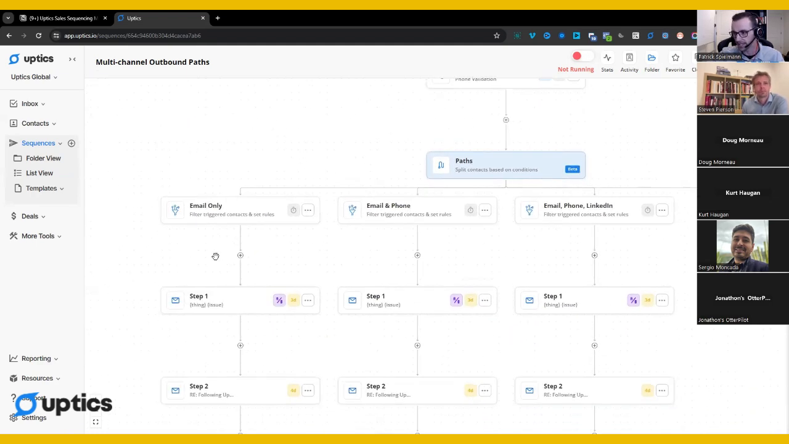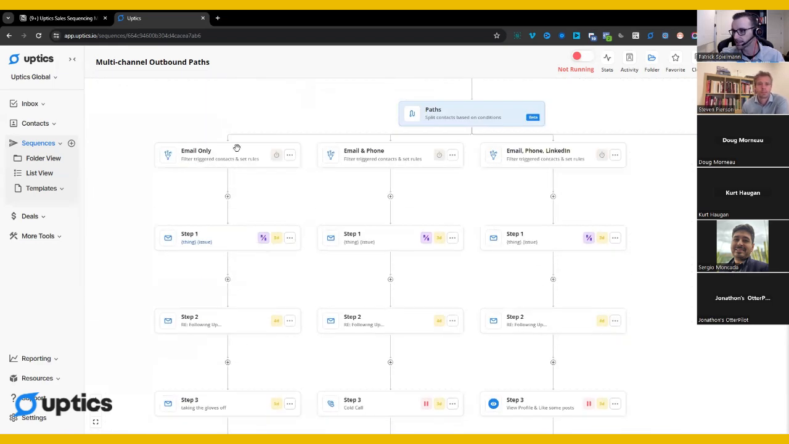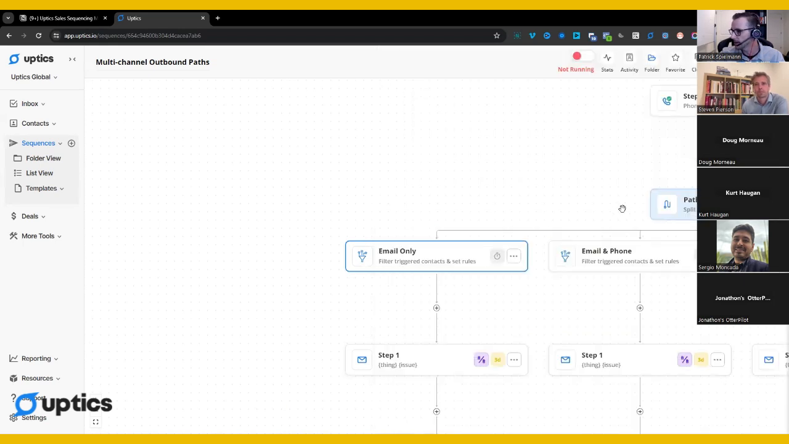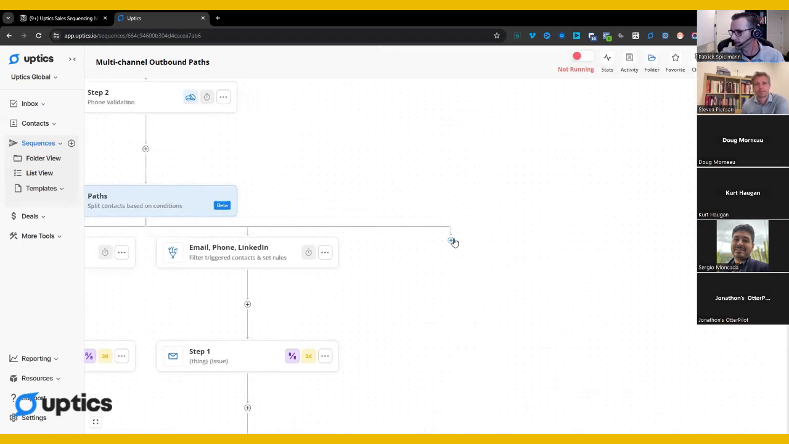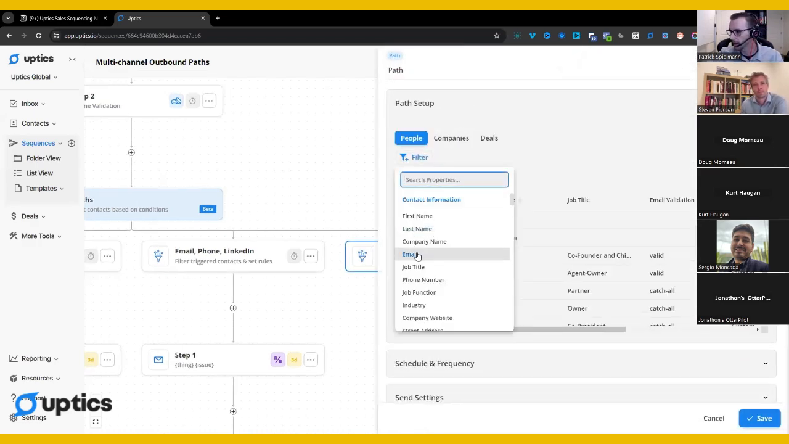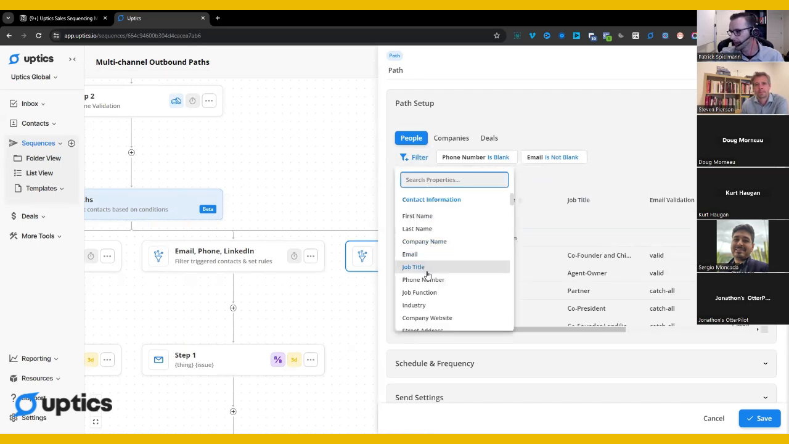But then you might want to have just an email path. So if they only have an email address, you'd want to send them down this path. This is going to be the same thing, of course. The way this would look, I'll just build it in real time anyway, is you grab your filter. I would say email is not blank. I would say phone number is blank. And I would say